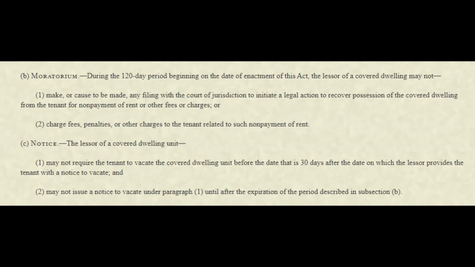Okay, let's move on to the second point of this video, which has to do with the ban on eviction. Under section 4024, temporary moratorium on eviction filings, you may not evict or initiate the eviction process for 120 days from the date that this CARES Act has been enforceable. Again, this has to do with properties that have financing backed by the federal government. So if you bought a property using financing backed by the federal government, you may not start or initiate any eviction processes for 120 days beginning March 27th.